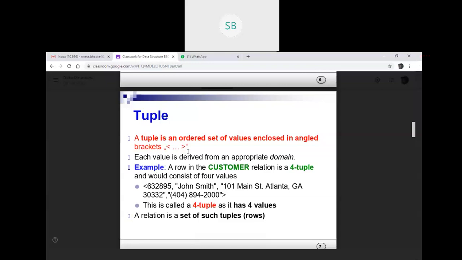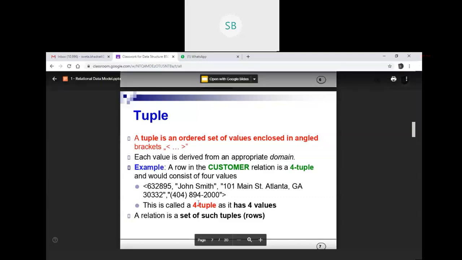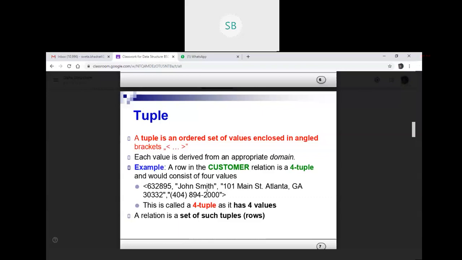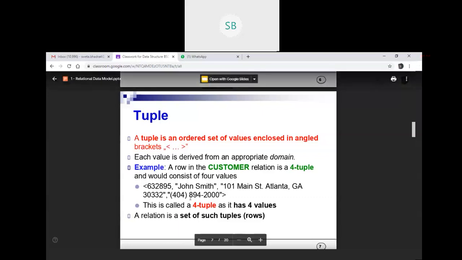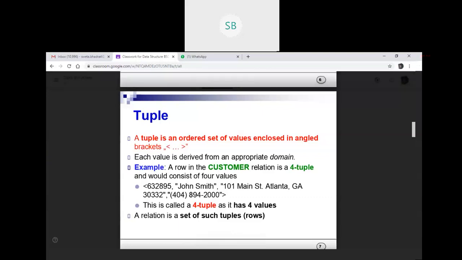But when we write in SQL, do we use these angle brackets? No, right? We use the normal brackets, the parentheses. We go for insert into table values, and then the normal brackets. We don't use angle braces. When we represent a tuple in the theoretical concept, we make it understood using angle braces, but in SQL we go for the normal brackets only, so don't get confused.